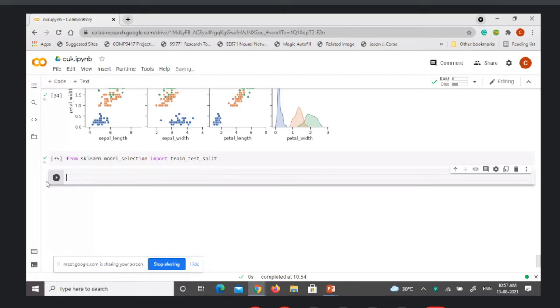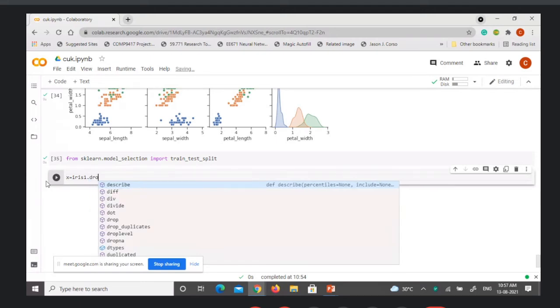So we need to take the first 4 columns and put them in X, which is equivalent to removing the species column from the data. So we use iris1, where iris is the original data set and iris1 is after removing the duplicates.